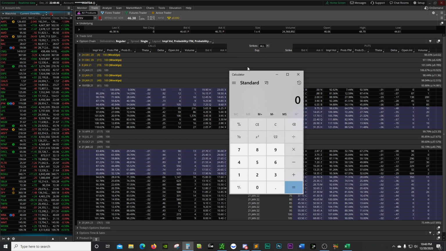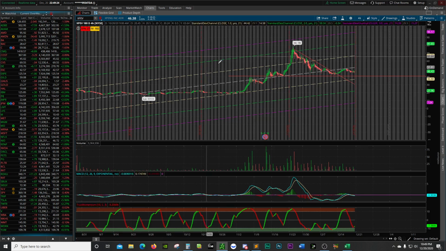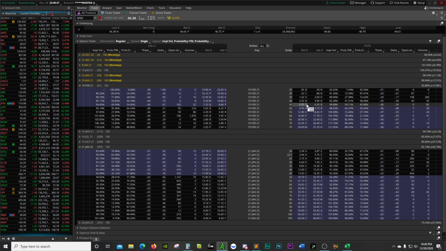So I'd have to commit 4,500 bucks. But you're not actually buying the shares. You're just putting your money aside, where if it goes below your strike, you're going to own the shares at $45 minus the 605. So 4,500 minus 605, your break even would be 38.95. So a $39 strike would be your break even if you get assigned shares. Whereas if it does not assign you shares and pumps, this is going to pay you.